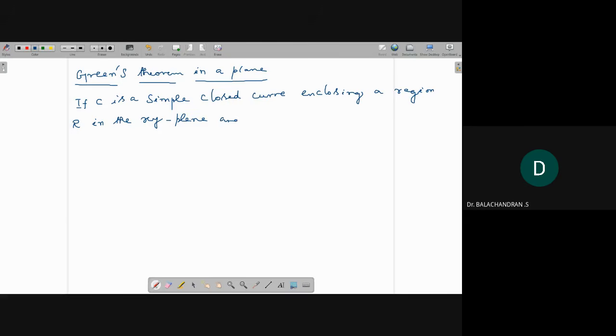and P of x comma y, Q of x comma y and its first order partial derivatives are continuous in capital R,